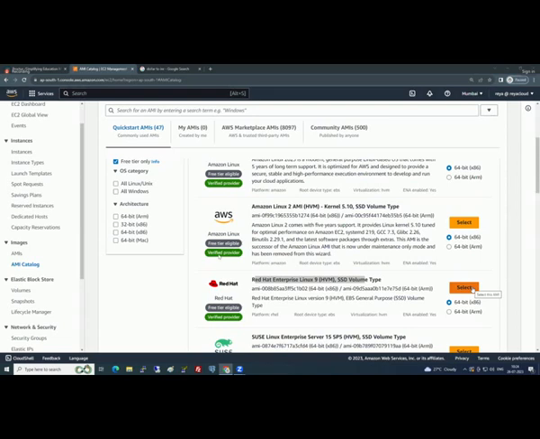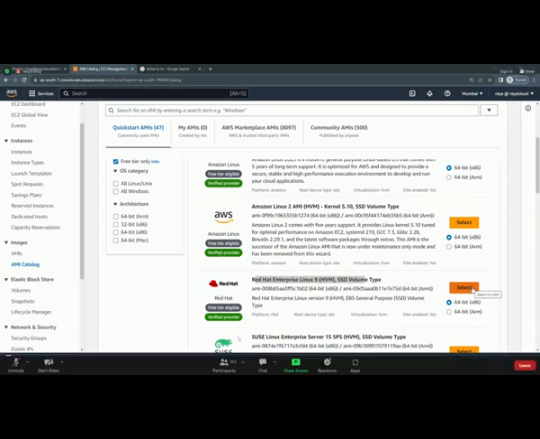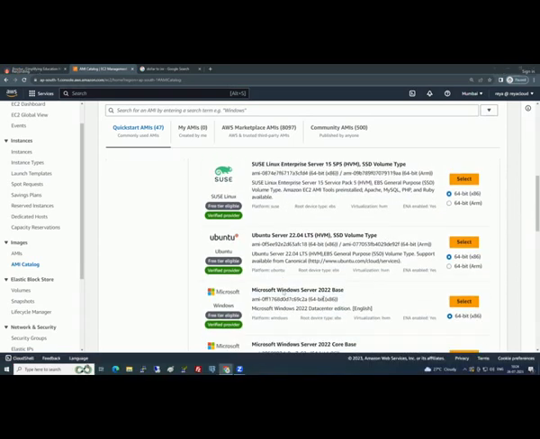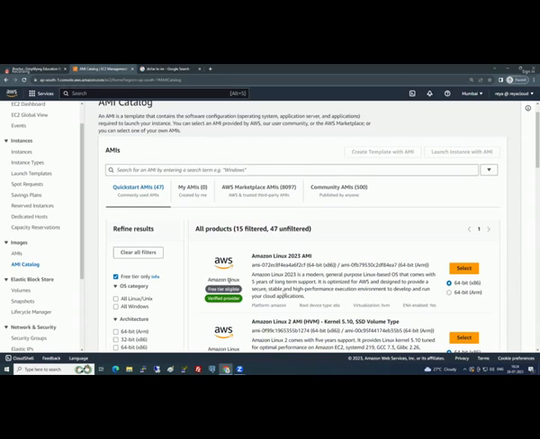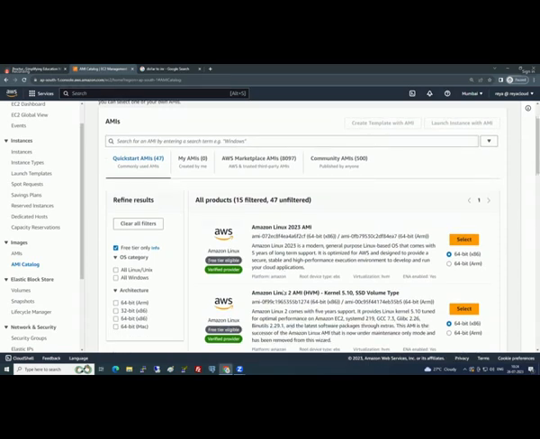Got it? So while launching the EC2 instance, we always need to click on Quick Start and select the Red Hat. If you want to go for Windows, come down and pick that one, and make sure there is a gray label, free tier eligible. You can launch the first one or second one, no issues, but make sure you see free tier eligible. Why unnecessarily go here and there? Let's stick with the Red Hat.